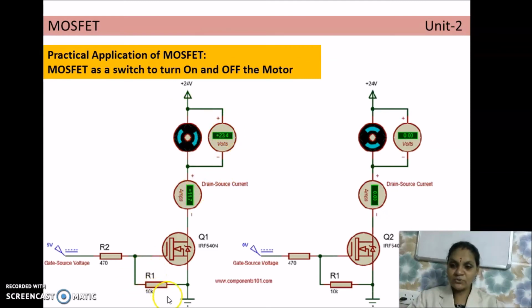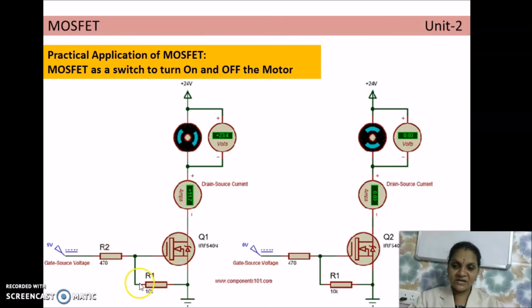See, as I told you one new thing, this resistor R1, which is called a pull down resistor. Pull down resistor in the sense, we are giving a 5 volt supply here. From this 5 volt the current is allowed to flow, but this transistor is a voltage controlled device. The transistor action can be either turned on or turned off with respect to the VGS voltage. This is the gate terminal and this is the source terminal. But actually speaking, there may be some drop of voltage due to the drop across the resistor R2. So that can be overcome by connecting a resistance R1.